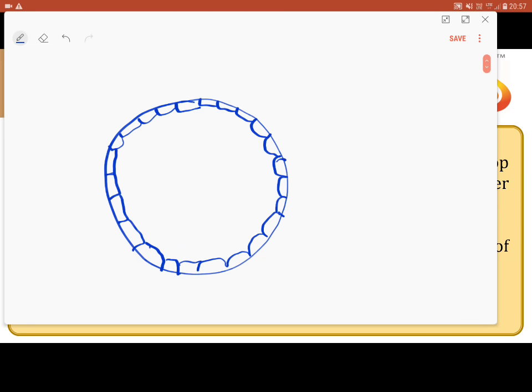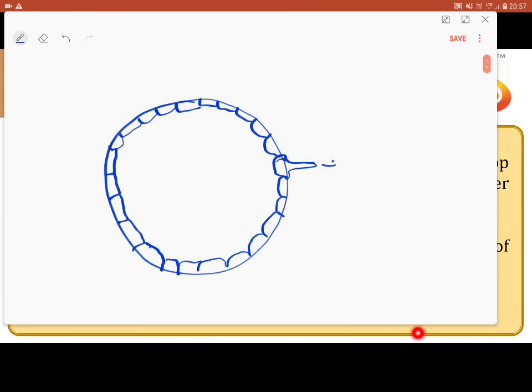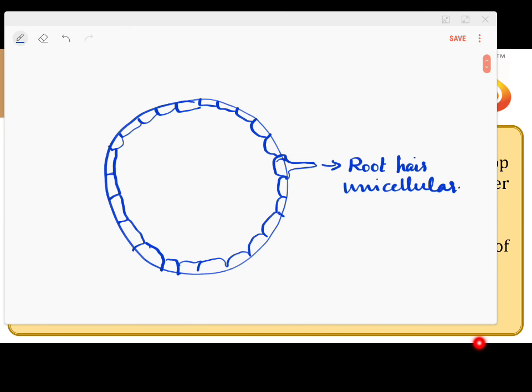And this outermost layer forms the root hair. Here is one more point you must remember, that root hair is always unicellular. This is also another distinction. If you happen to see a hair in the stem, it is called a trichome, but it is multicellular. But root hairs are unicellular, formed from